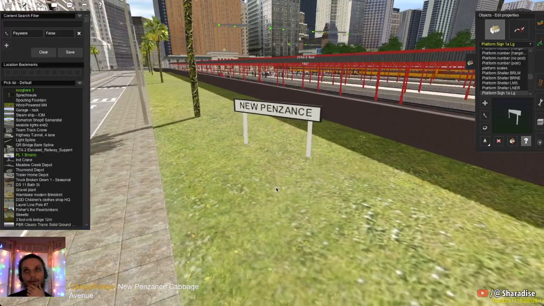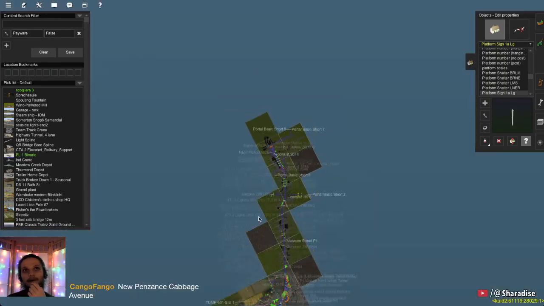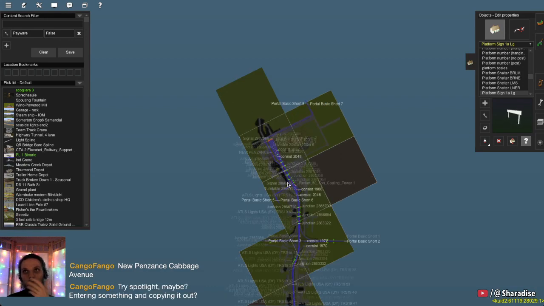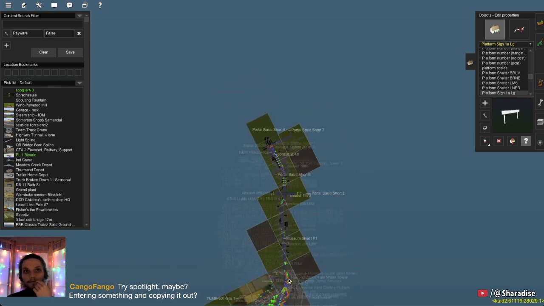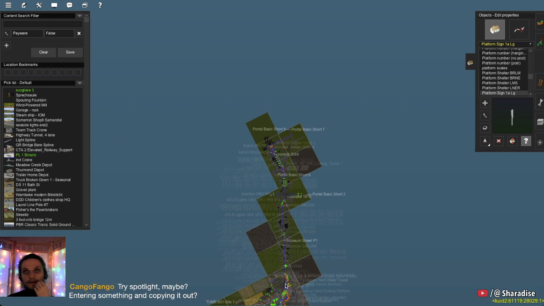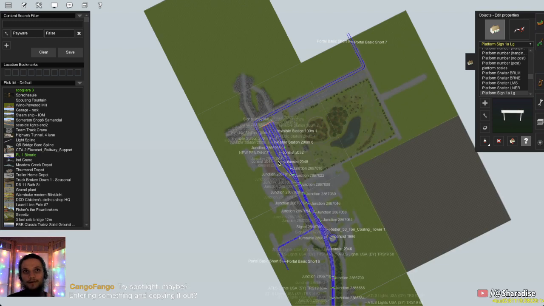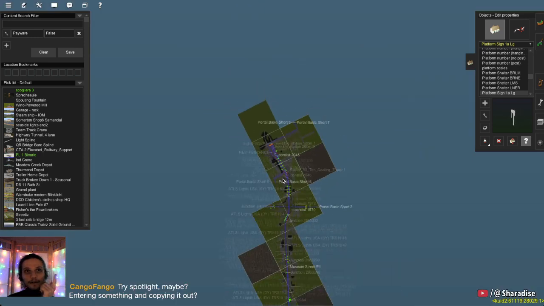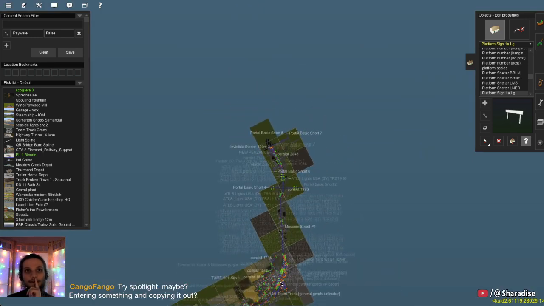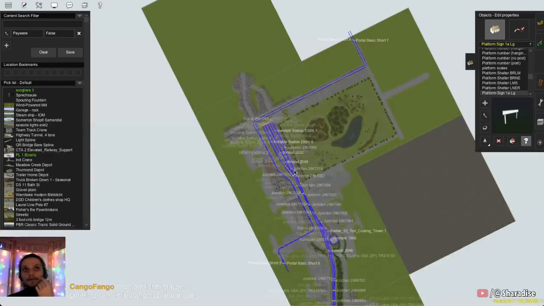Because that way it would also be very obvious for people to know that the city is called New Penzance. Otherwise, from a session gameplay perspective, as you're coming into the city, you've got Tallahay, then Museum Street, and then if you had Union Station, how would you know that the city is called New Penzance? Unless you looked at some of the yard names or industry names in the industrial district. But if you're just doing a passenger session,